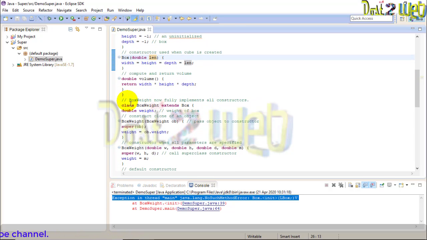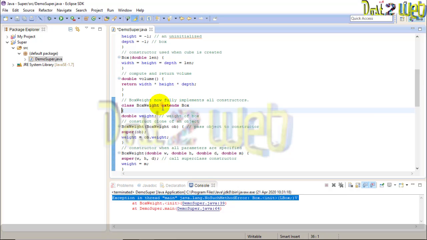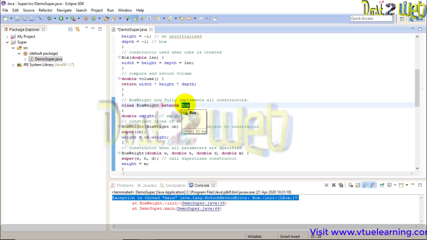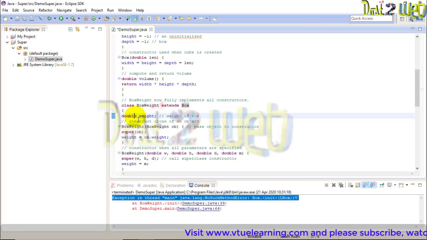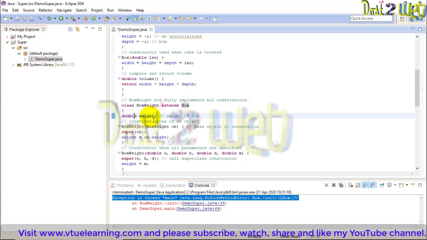Now what you have to do? Now we have to use the new class, that is your subclass. If you remember how to create it, I am creating a new class named BoxWeight, that is your subclass. We are going to extend the superclass. The superclass is Box. Here you define one more variable, that is the weight of the box.